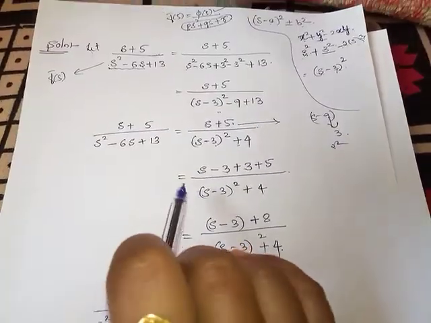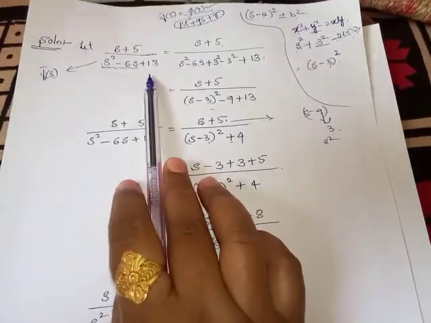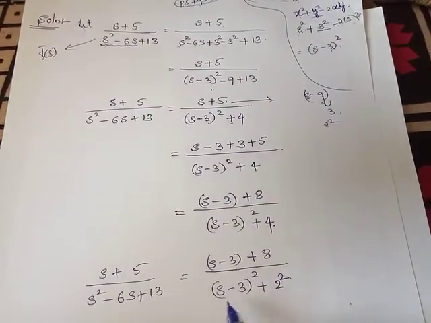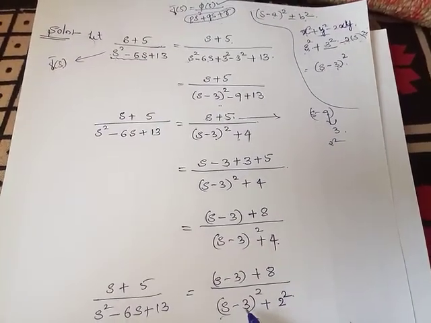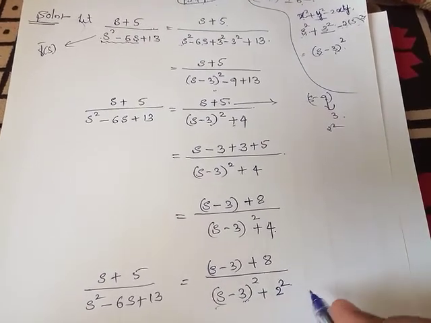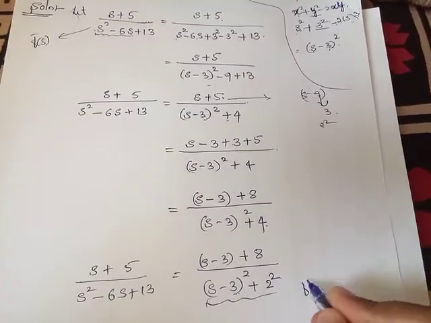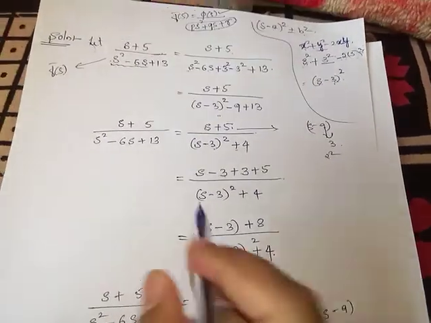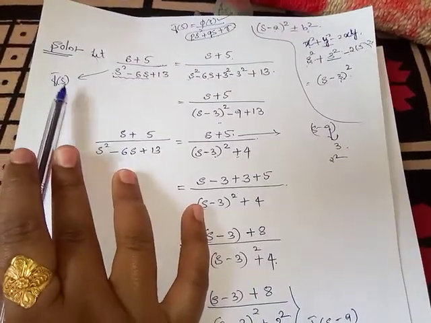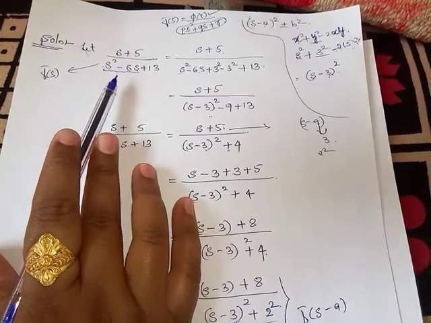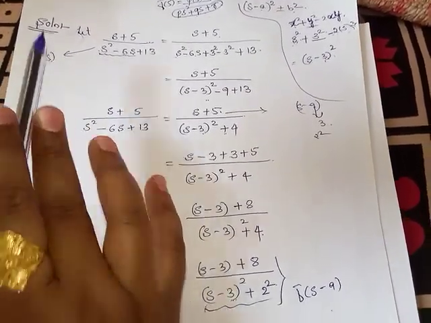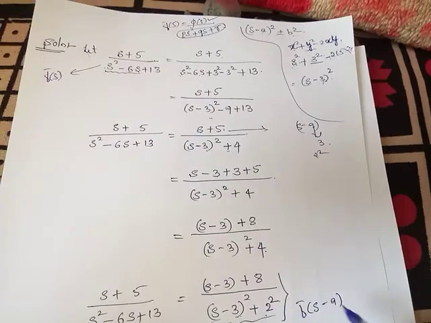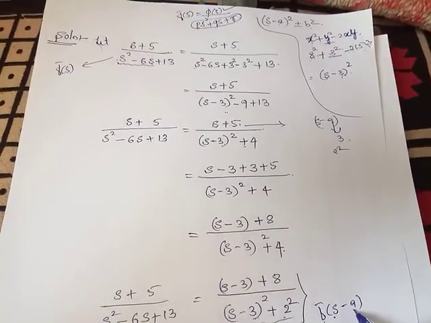See, our given function is in s. We are converting this function to s minus a. Here a value is 3. Next, this is of the form f bar of s minus a. This is f bar of s. We are changing this function; the given function is in s, and we are changing this to s minus a. This is f bar of s minus a.